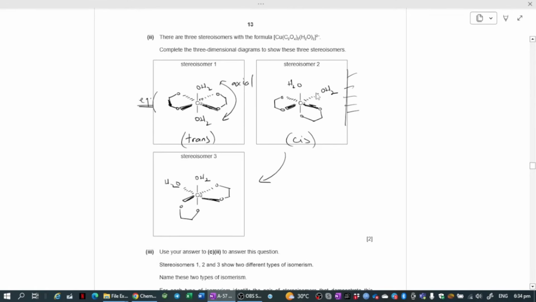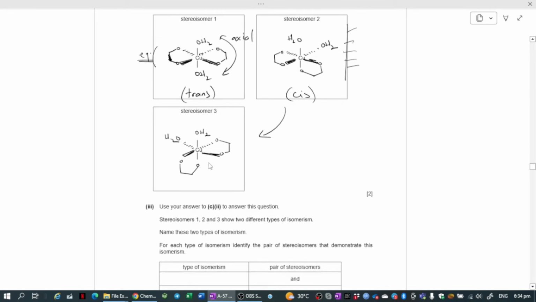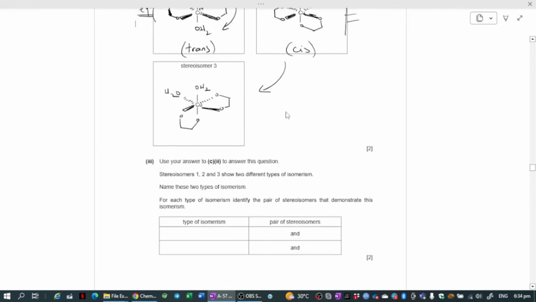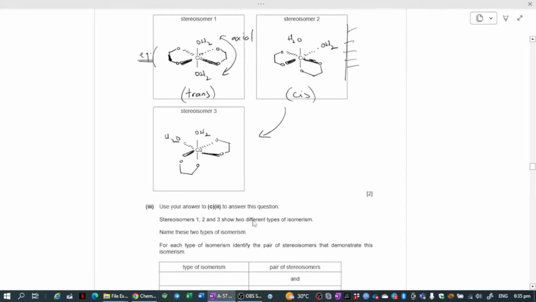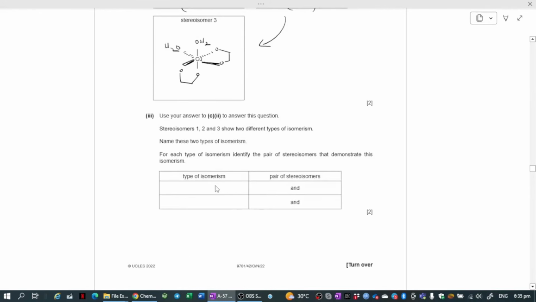We could then get the cis, where the water ligands are next to each other, and the cis isomer actually gives us our optical isomer, right? We are then asked, or well, we just answered part 3. They say use our answers to show the different types of stereoisomerism found. So, what is the type of isomerism shown with stereoisomer 1 and 2? So, isomer 1 and 2,